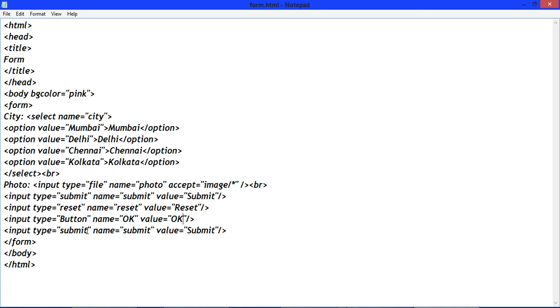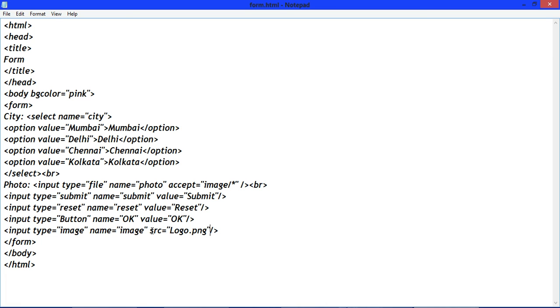Now right here image, to create an image button. And give here name of image, write src for source of image, and write logo.png.